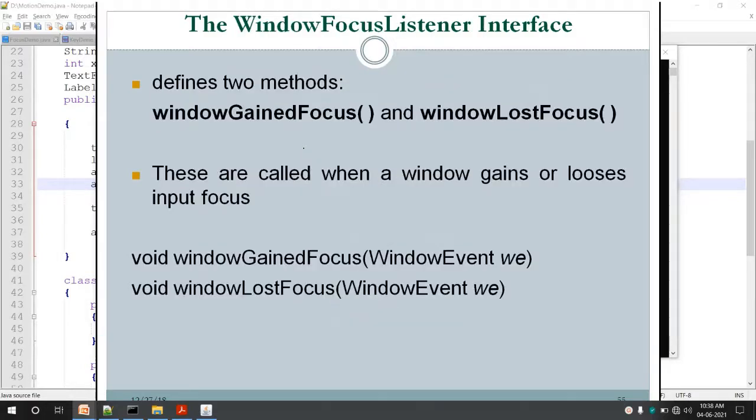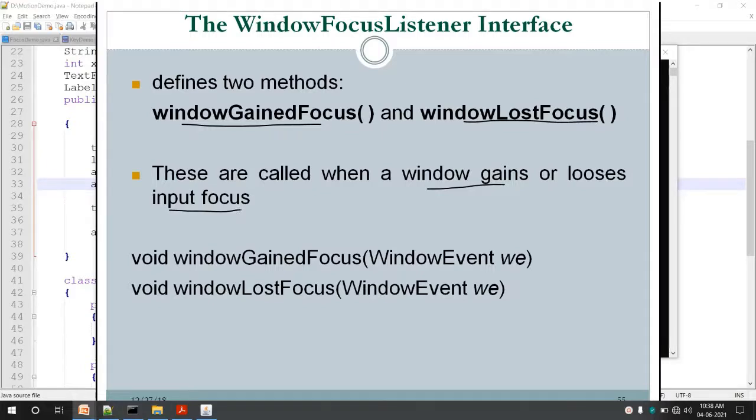Okay, next is WindowFocusListener. WindowFocusListener contains two methods: windowGainedFocus and windowLostFocus. These methods are called when a window gains or loses input focus.